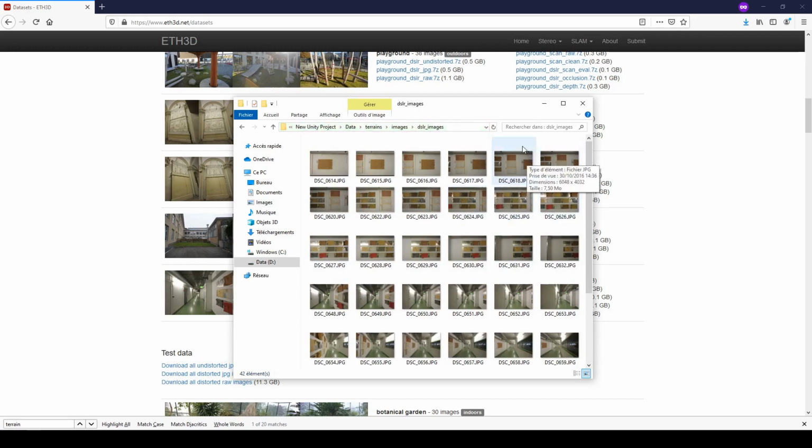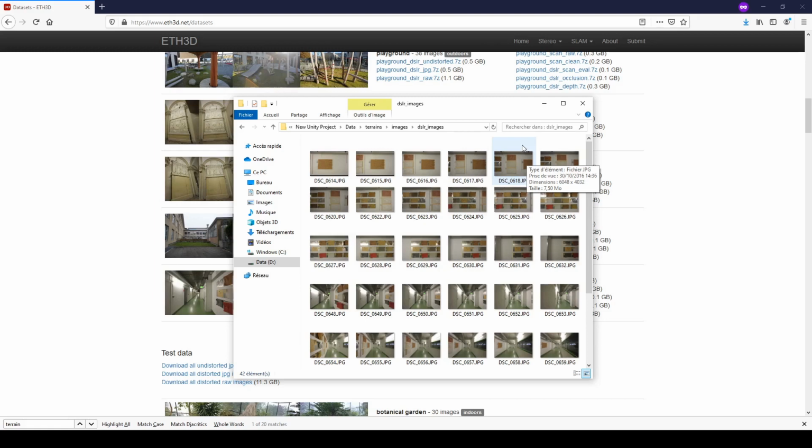Now performing 3D reconstruction on the entire dataset can take some time. For instance, on my setup, processing the full dataset takes about 45 minutes. There are two ways to bypass this. You can either reduce the size of the images in terms of pixel resolution, or reduce the number of images. Here, we're going to take the second option, so we're going to work with a subset of only 12 of